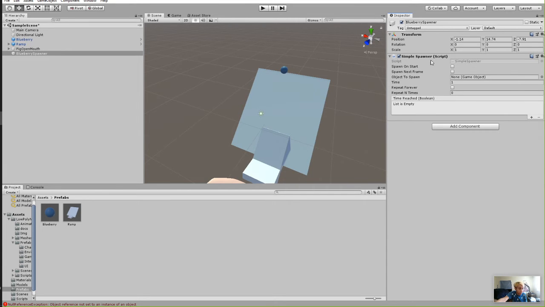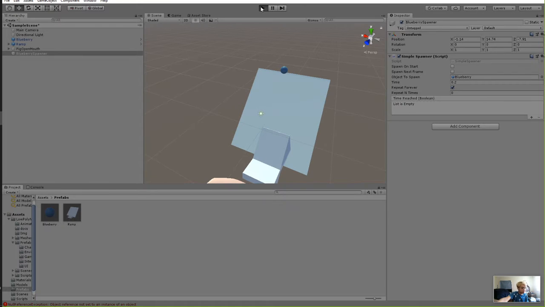But okay, so we've got the spawner script. It's got a bunch of stuff, and this time it actually has some new things, but we don't need to think about that too much. The main one is object to spawn. I want that to be a blueberry. I want it to go forever. I just want to keep spawning blueberries. So I'm going to check repeat forever, and the time is set to 1, but maybe we should set that to 0.2. So now if I hit play,